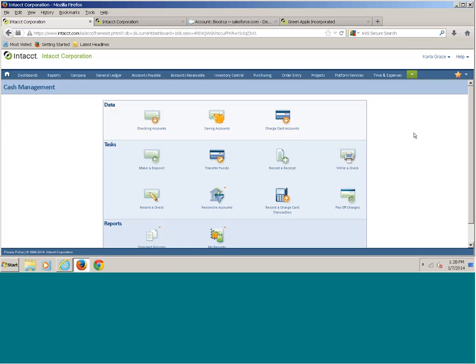Okay, and then we'll tackle 2 more. Just could you touch on how Intacct interfaces with third-party payment services such as Bill.com? Yes, so Bill.com is going to do a little bit more than just pay your bills. They're going to really kind of take over that accounts payable process for you. They're going to do a lot more with electronically paying for you